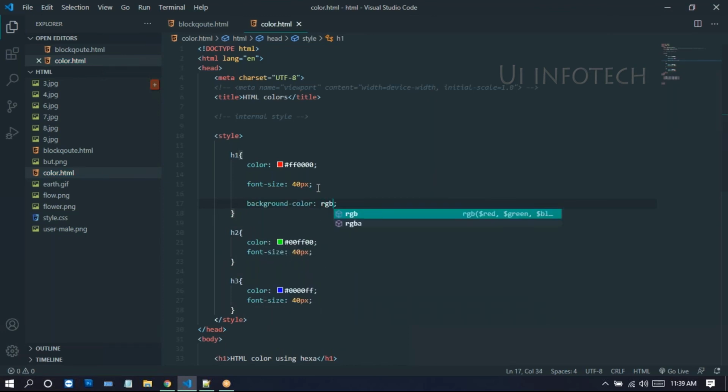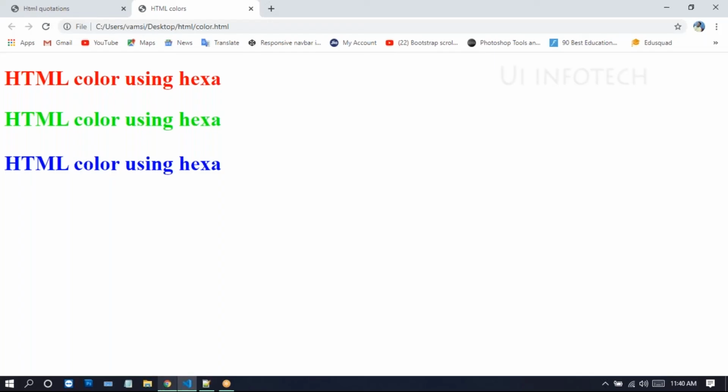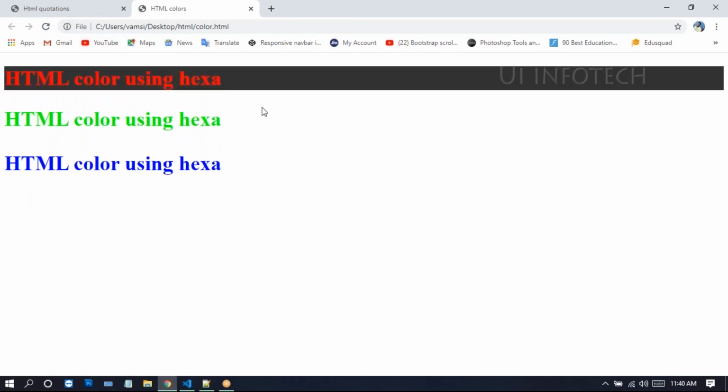For this, I'm giving the background color, taking RGBA. In RGBA we can write red, green, blue, alpha. Here I'm giving the black color 0, 0, 0, and for alpha I'm giving 0.8.